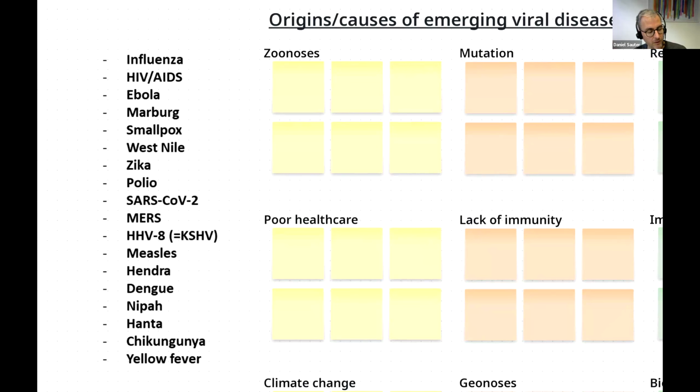Let's just try to do this together. I guess only Charmin has a microphone, right? It might be a bit difficult, so maybe Charmin has to answer all my questions now. But let's start with the first category, with the zoonosis. Which of these viruses do you know or do you think have a zoonotic origin, an animal origin? I will answer on their behalf.